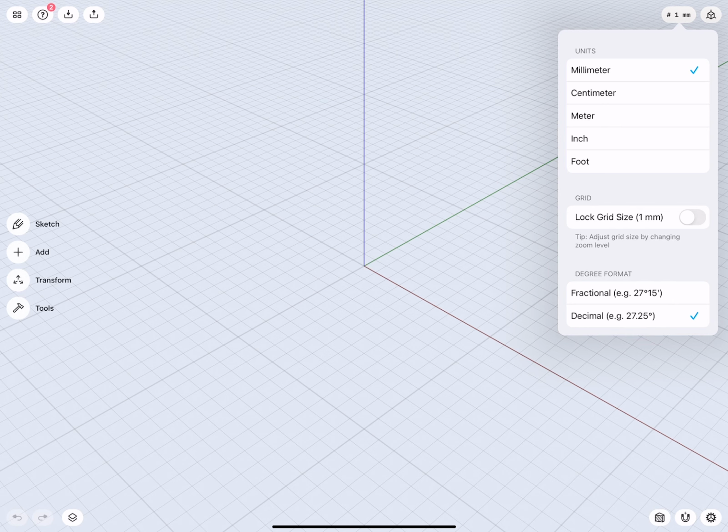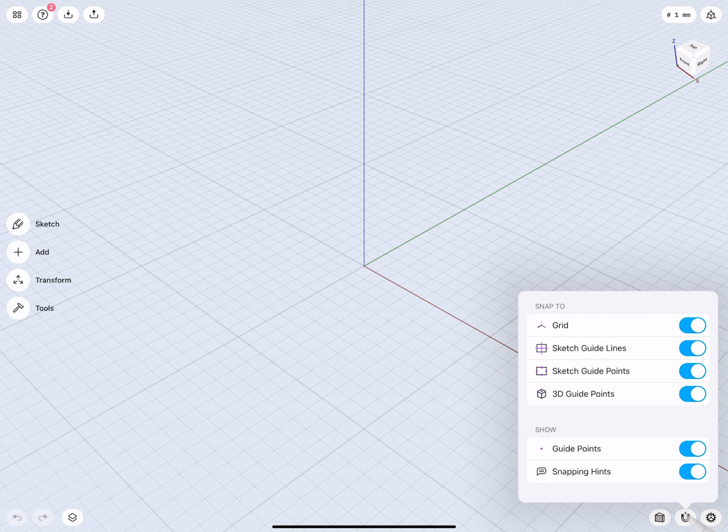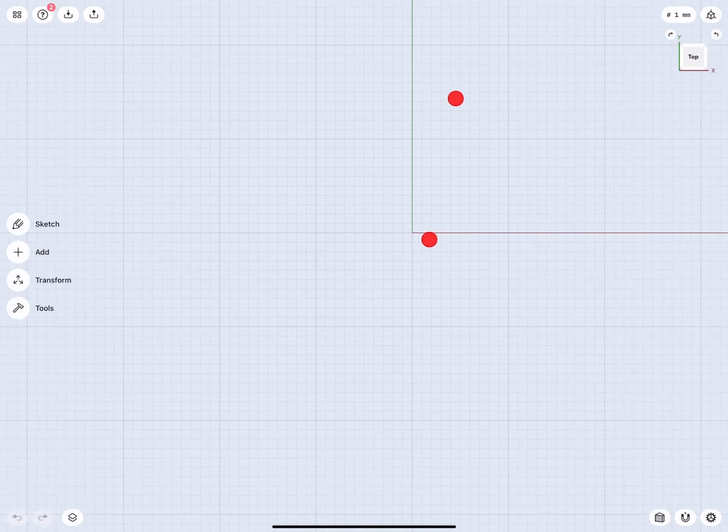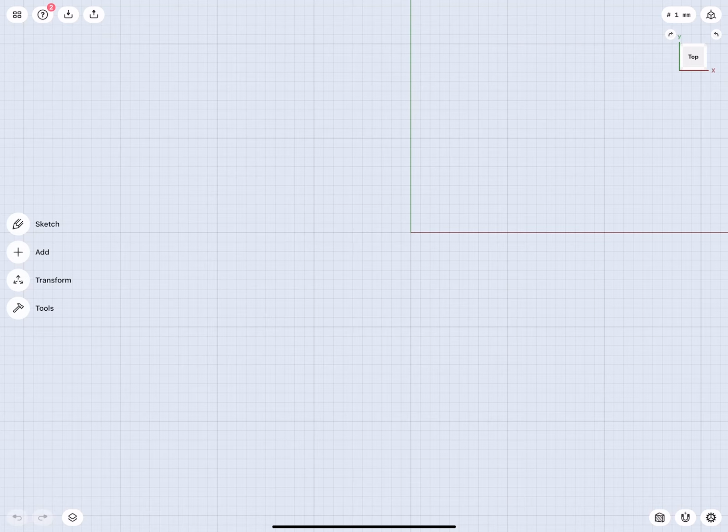First, we would like to make sure millimeters is set as our unit system and all our snap targets are turned on. Very good. Then we can go to the top view, zoom out a little bit, and we will start putting down only the necessary sketches for modeling the master cabinet piece, because the shop drawings later, we will create actually through the drawing module.